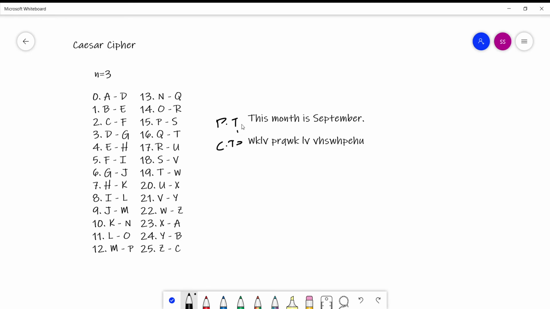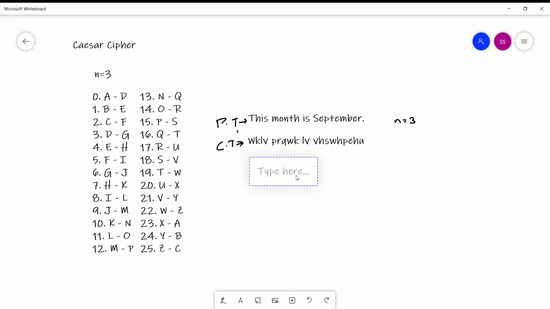Okay, so you got an idea how we are encrypting this plain text to ciphertext, and here I will write that my n is equal to 3. So this was the part of encryption. Now let's talk about decryption, how to decrypt it. One of the methods is just to see this table and decrypt it. So let's try a few.